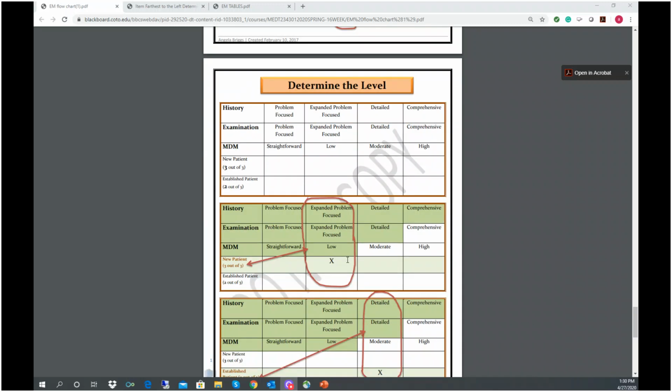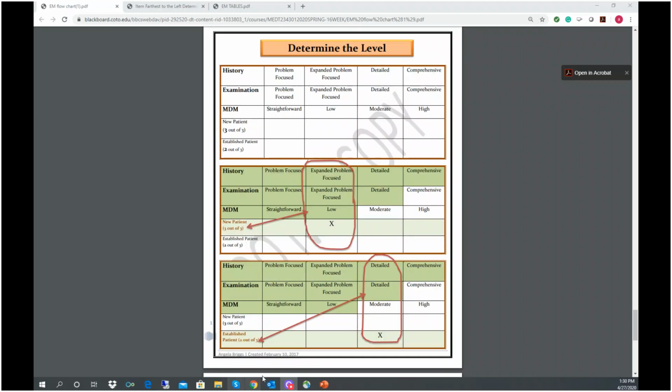And then determining the level, we're going to take our history, we're going to take our exam, and we're going to take our MDM for each one of those. Our history is going to be expanded, examination expanded, MDM is low, new patient requires 3 of 3. So then that would give us it. Established,